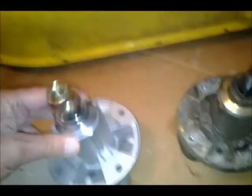Someone in another video said there might be a hole on one side to let the grease start to come out once you got it full, but I don't see that. But anyway,